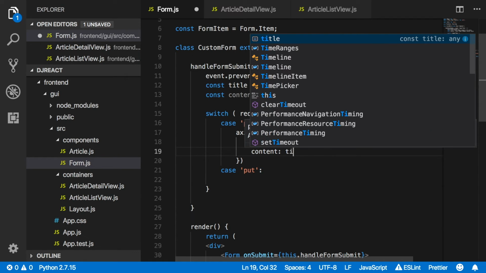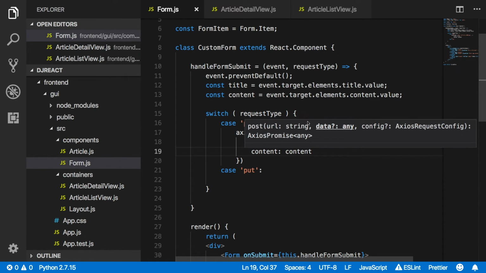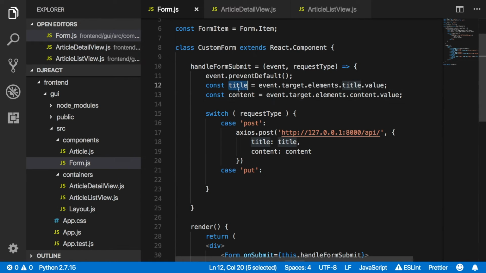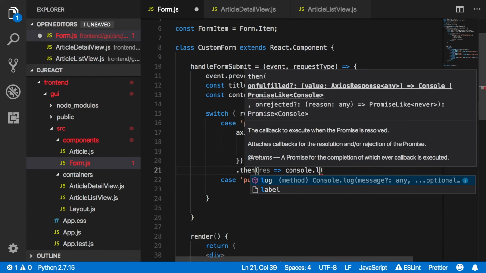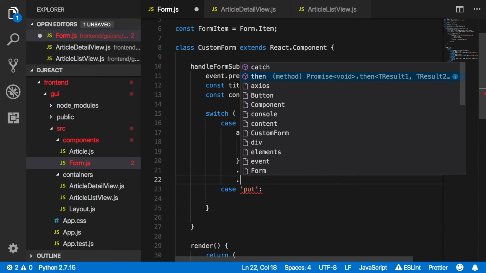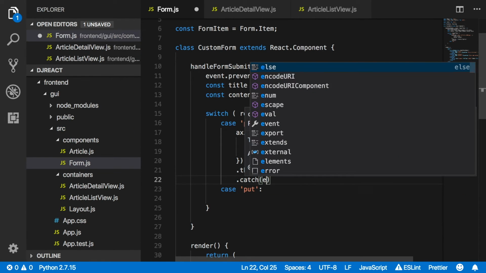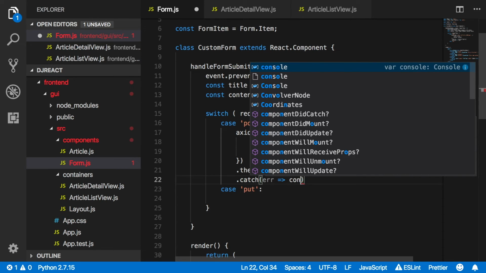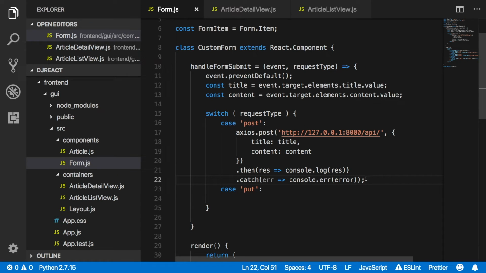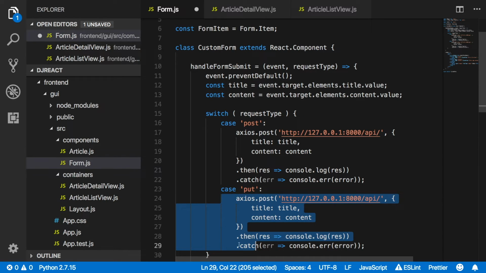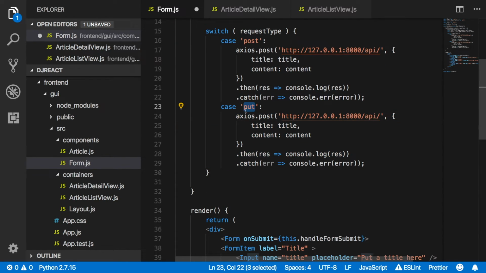then the content is the content that we just grabbed from the event target here. So these two values, the title and the content, are then being posted in this Axios post request. And then we could just say then with the response console.log response, and then just catch the errors. So we'll say catch error and say console.error that error. There we go. And I'm going to copy that entire Axios request and paste it for the put view here,